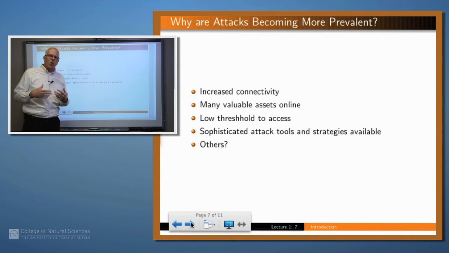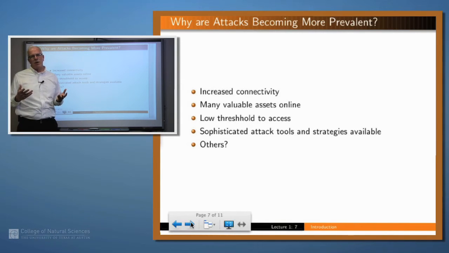Okay, so security is becoming more and more prevalent as a problem. Why is that? Well, I can think of at least four reasons. One is because the world is becoming more and more connected. There's more computers in the world, and they're networked, and many of them are connected together, so there's a possibility that a hacker in Moscow or Kuala Lumpur might actually be able to log into the machine on your desk and do something that you wouldn't want to have happen.